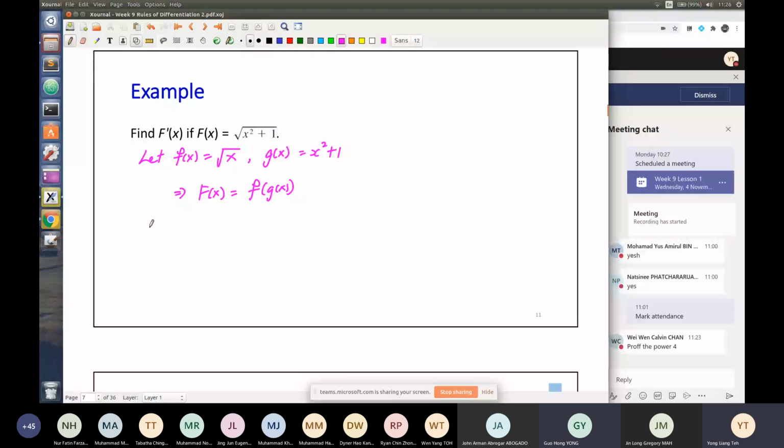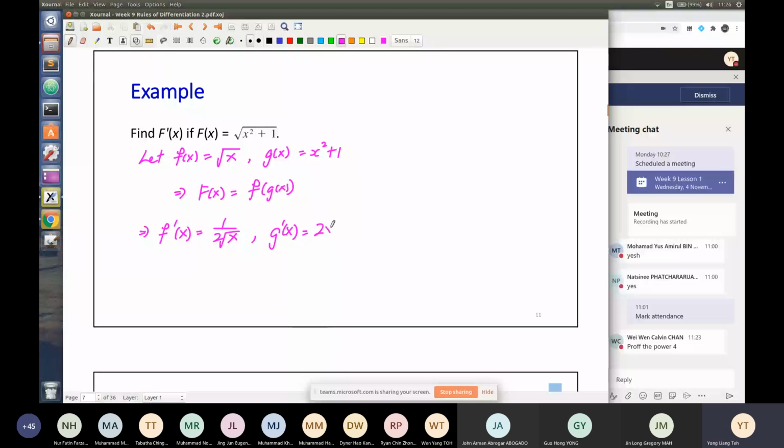Okay, let me continue. So therefore, get your derivatives. f prime first, f prime x, from here. So f prime x is just x to the power of half, right? So you bring down half, and then you have a power minus half. So it's really just 1 over 2 square root x. Get your g prime x,